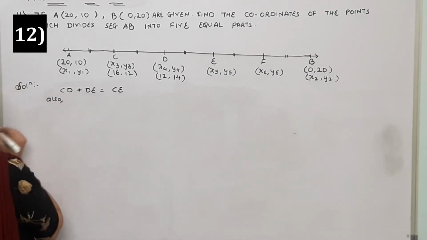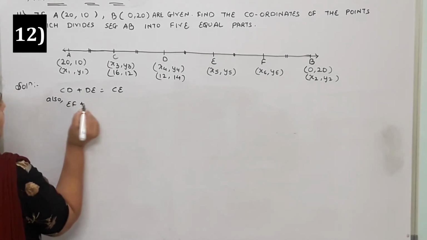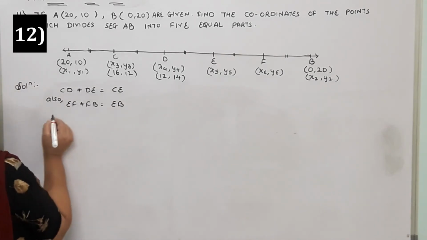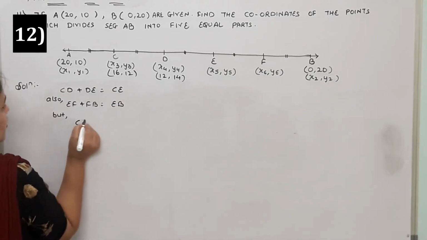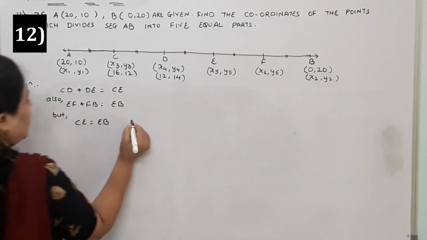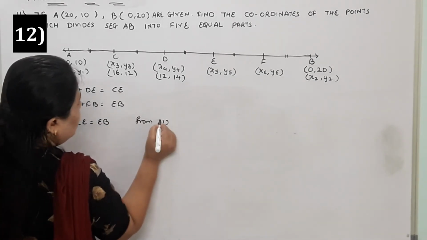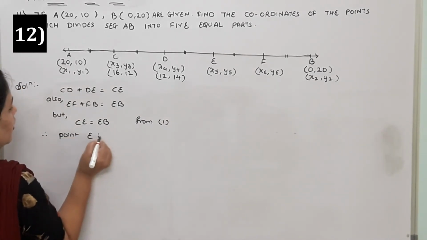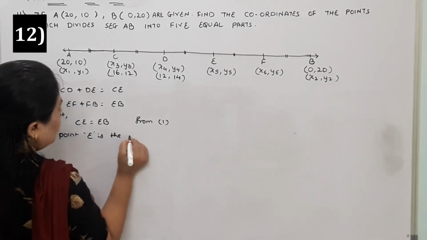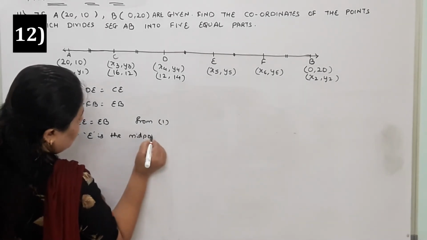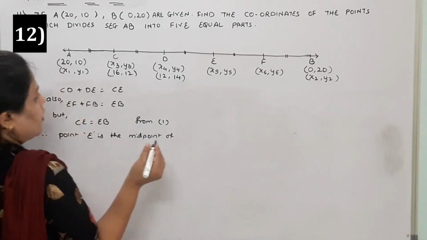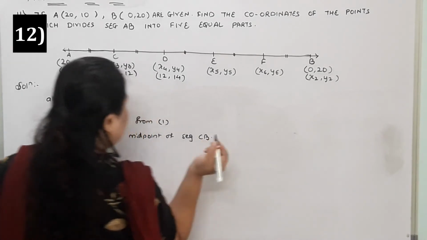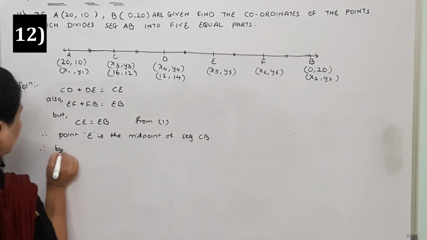Also, EF plus FB is equal to EB. But CE is equal to EB from equation 1. Therefore, point E is the midpoint of seg CB. Therefore, by midpoint formula,